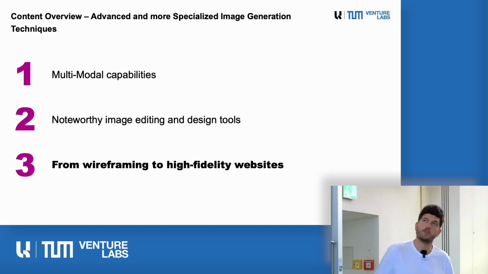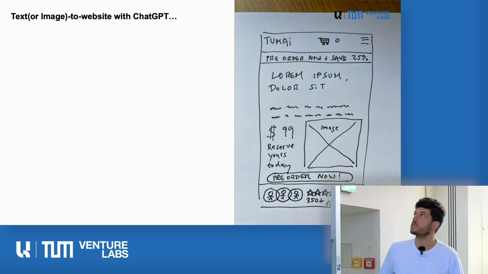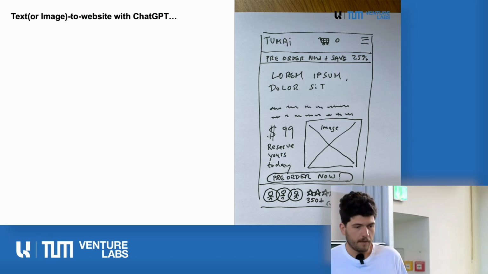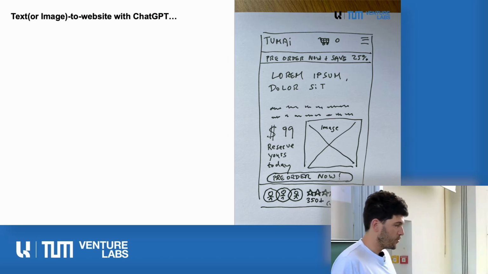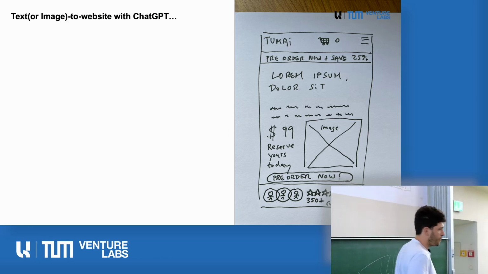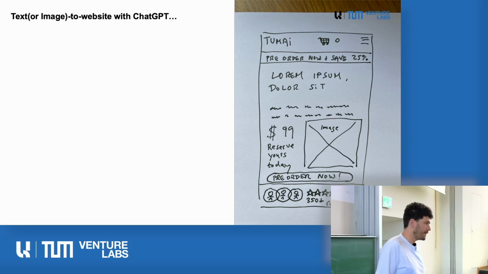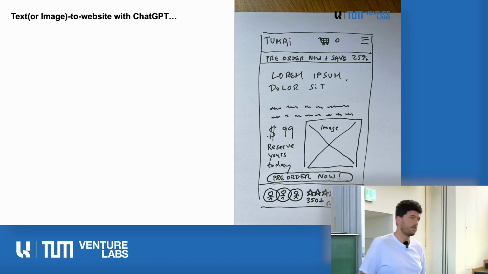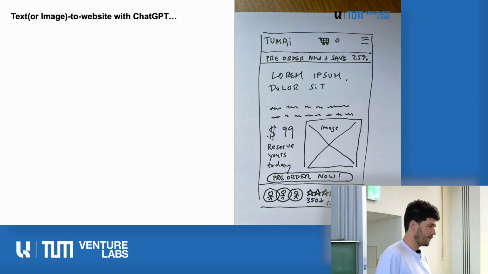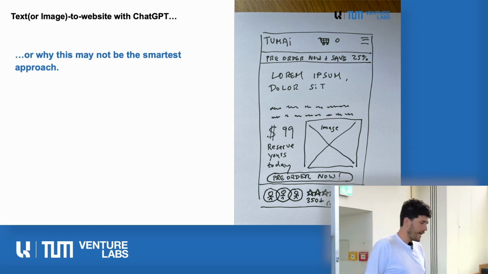Let's say like this, because you have a wireframe and you want to build something. When GPT-4 came out, I think some of you can remember this use case they showed. They had a doodle scratch of something that they wanted to build on the website, and they just showed it to GPT-4 and said, create me a website of this. And